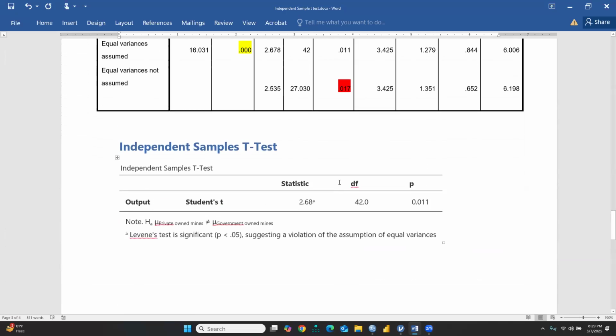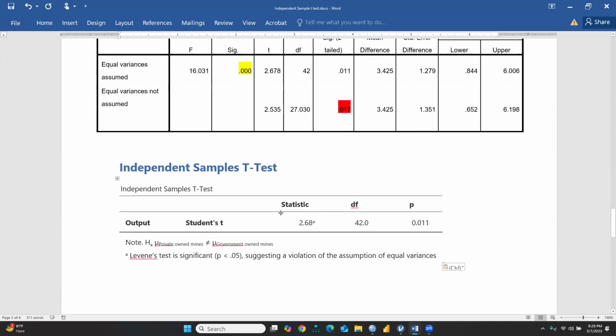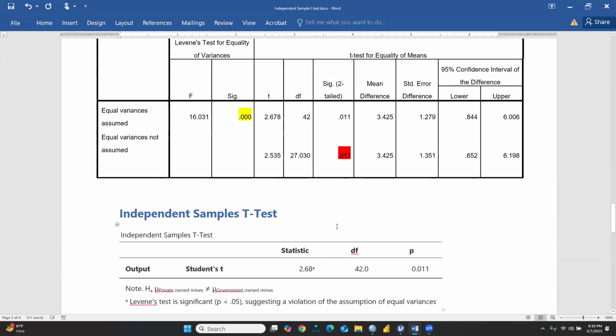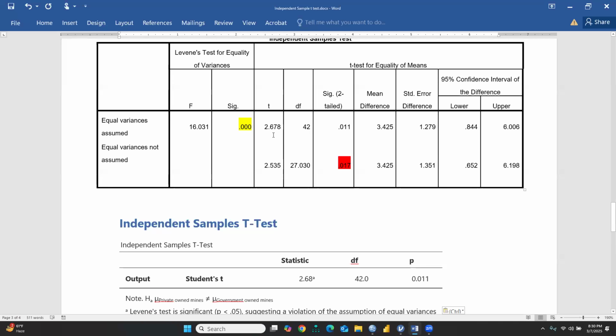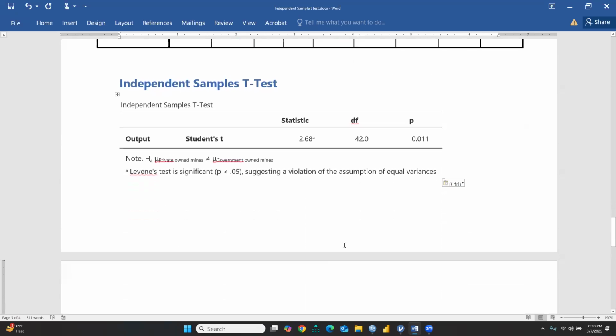These results I have pasted here. Now you can see the T statistic is reflecting 2.68, the same T statistic we received through SPSS. Degree of freedom 42, and here is also degree of freedom 42. Significance level 0.011. So exactly the same results are here, and we are going to describe and explain the interpretation of these